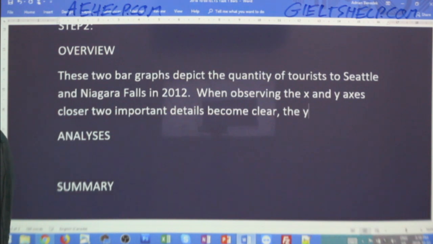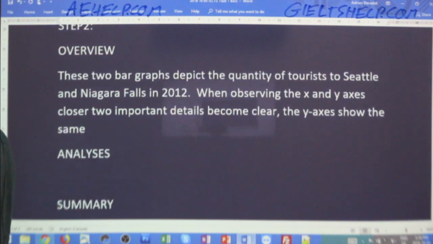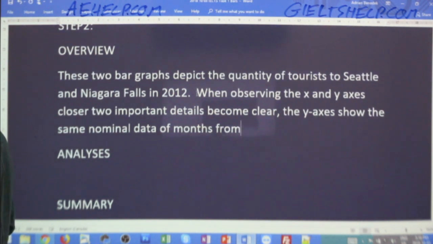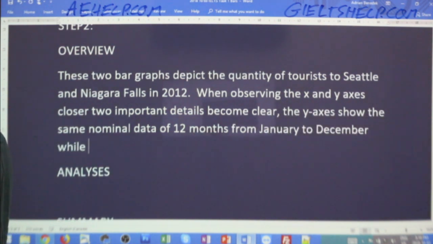The y-axes show the same nominal data of months from January, 12 months. You don't need to write the word, you can just write the number there. 12 months from January to December, while the